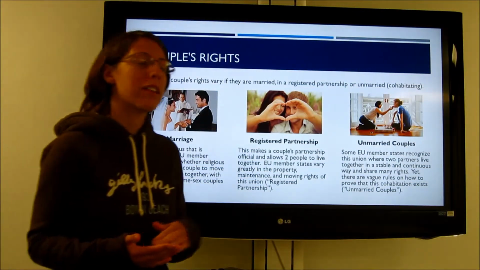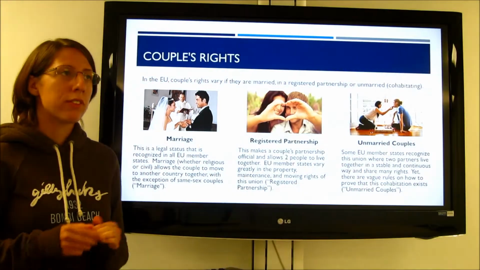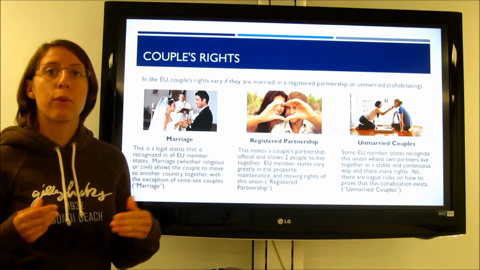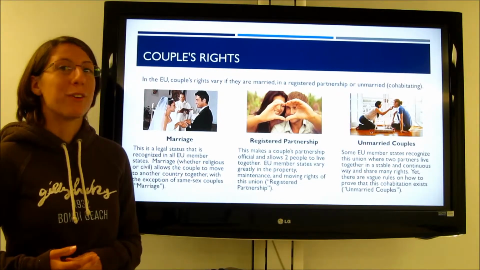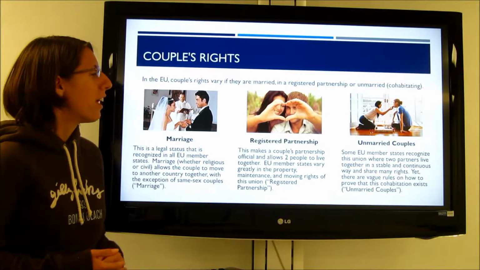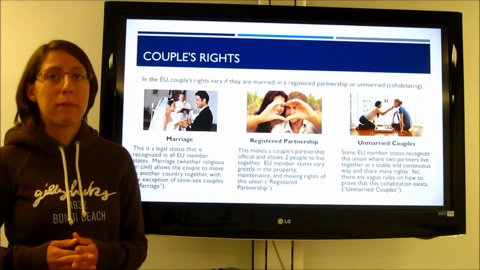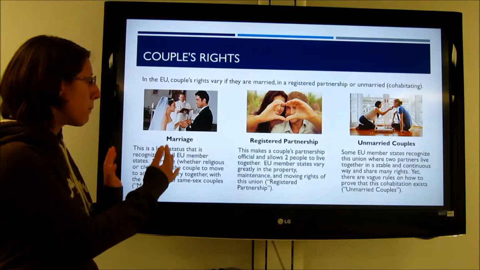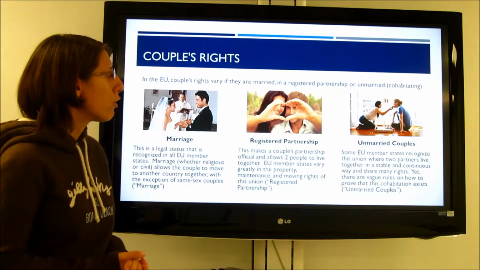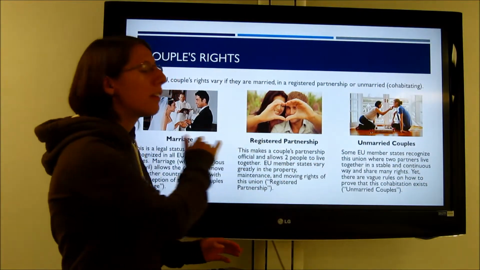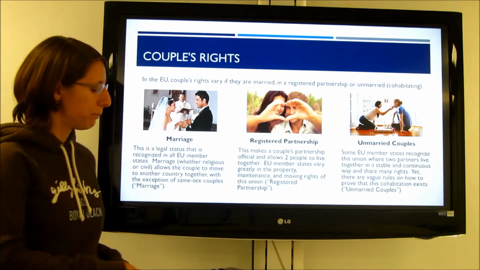And then the final category is unmarried couples here, and this one was a lot more vague. It was difficult to ascertain how you would prove if you were an unmarried couple, and how you would prove that you've been together for a long time, or that you were going to plan to stay together for a long time, I suppose, too. And so I know that one difficulty with same-sex couples is that sometimes they have difficulty being in the marriage category. I know only a few countries do offer that. And so if they try to be a registered partnership or a married couple, they encounter a lot less rights and a lot less freedom when they try to move from one country to the next.